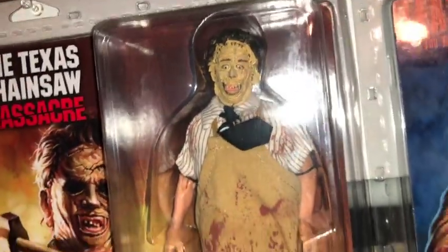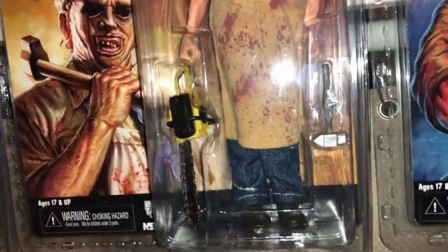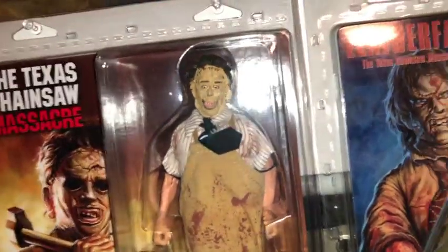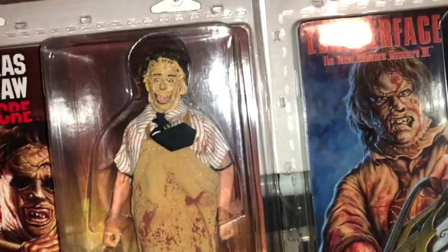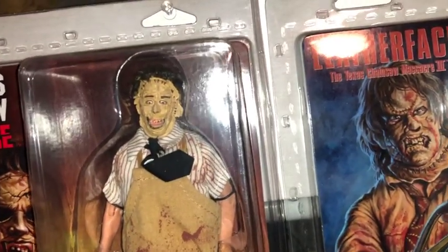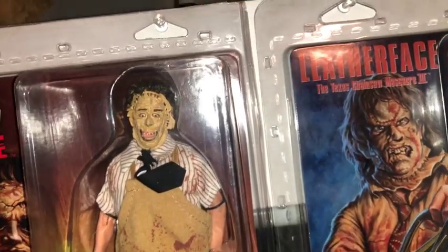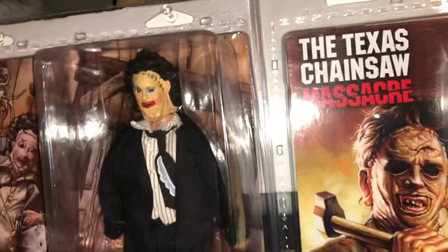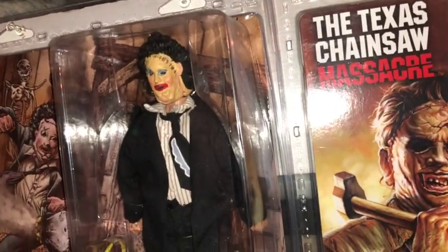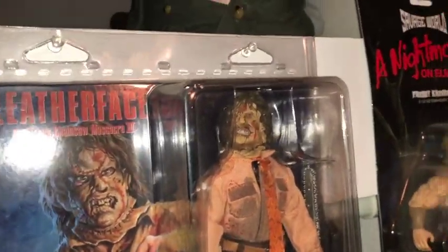Now they have 3 different masks in part 1, the original, because they try to show him having different personalities as he wears the masks. So basically when he's wearing that mask, they call that the Killing Mask. That's when he's at his most psycho, like shit's going down. He's going to destroy. When he does this one, they're trying to show that he's showing a little bit of a softer side, I guess. Here's from part 3,